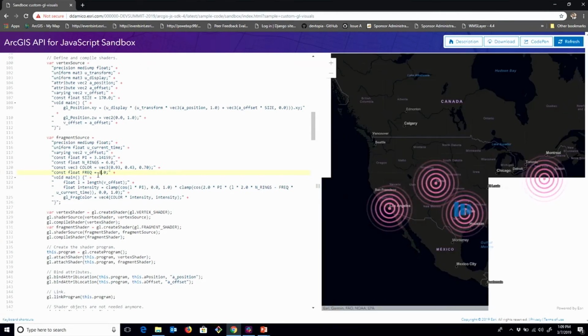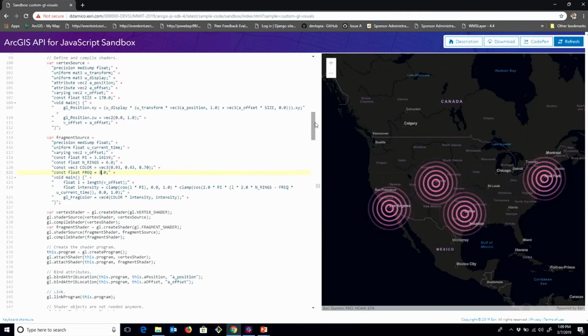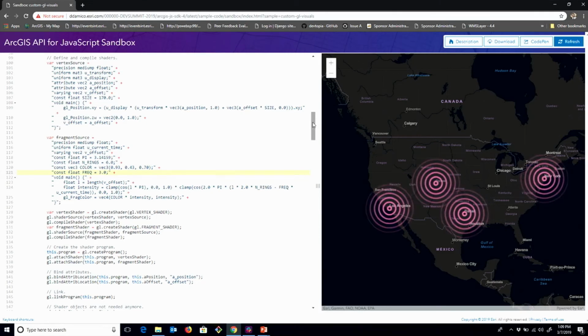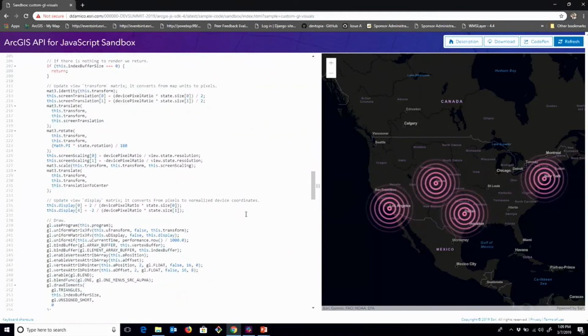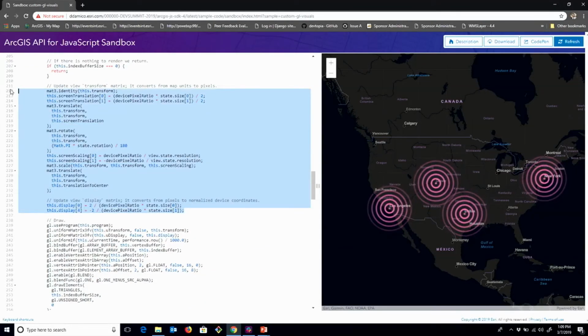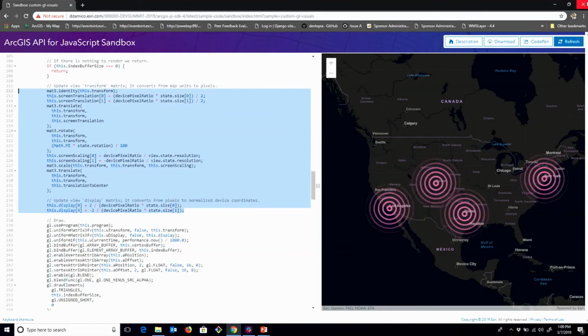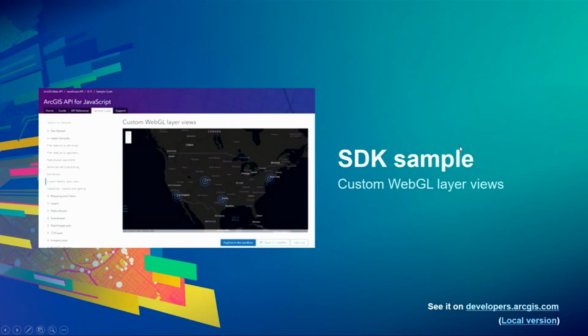In addition to its educational value, this app has some parts that have the potential of being really useful for you in your custom visualizations. For instance, this code that computes the transform matrices used in the shader. We'll be talking about this sample in detail, but first we want to give you an overview of how the